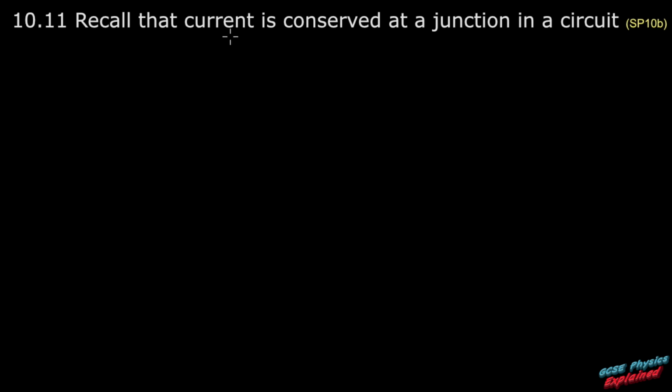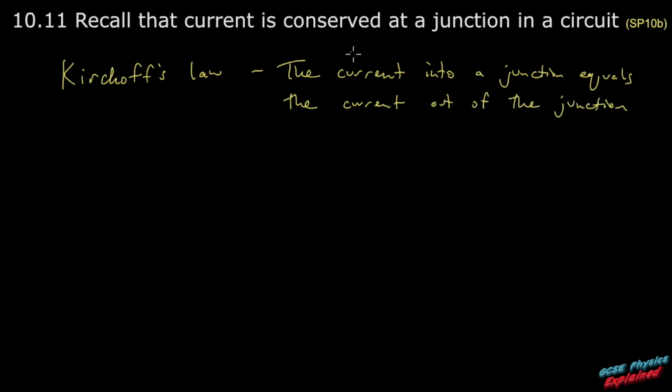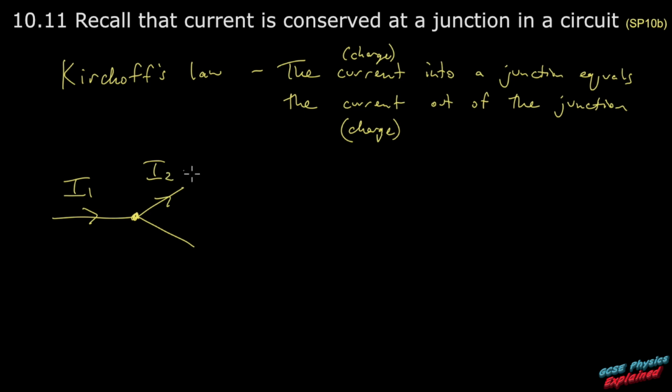Number 11. Recall that current is conserved at a junction in a circuit. So this is Kirchhoff's Law. What goes in must come out. Instead of current, sometimes they talk about the charge. The charge into a junction equals the charge out of the junction. In terms of a picture, there's the junction there. You'd have current 1, I1 going into the junction. You'd have current 2 coming out, and current 3 also coming out. So Kirchhoff's law would be I1 equals I2